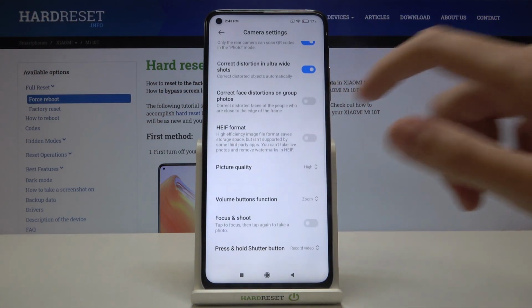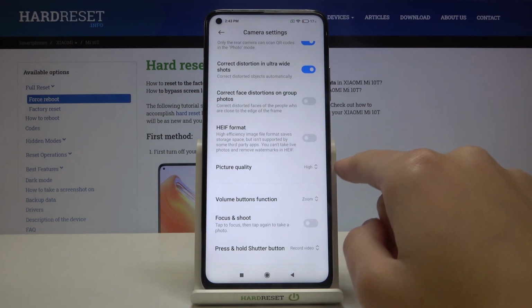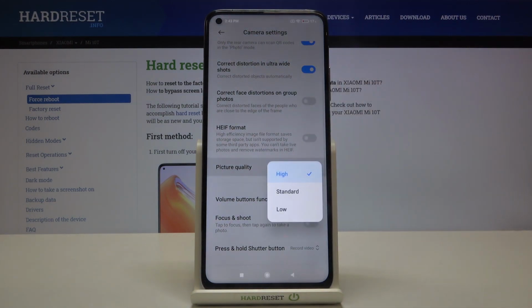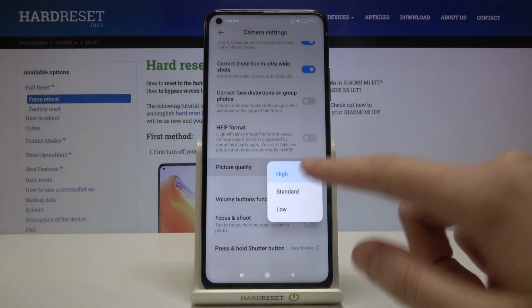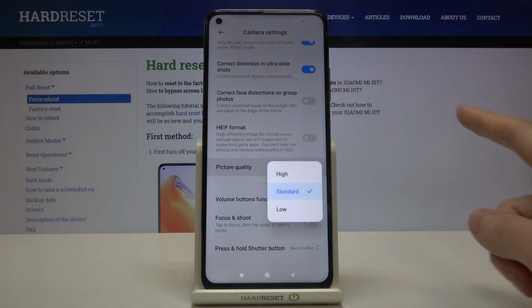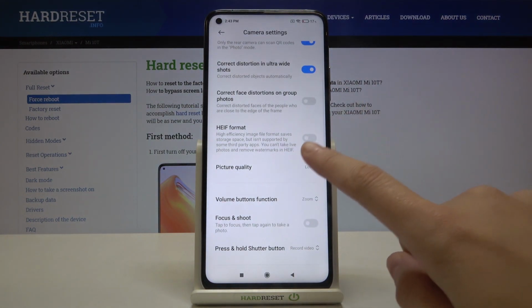From here let's slide a little and we have the picture quality option. When we tap on it, we can change the quality from high to standard and also the low. And of course I suggest you to keep this on the best